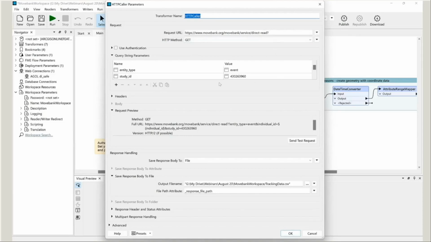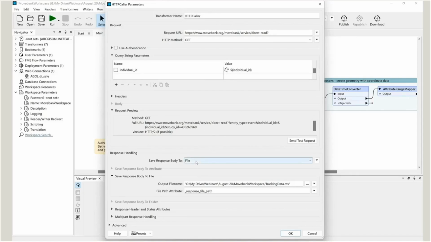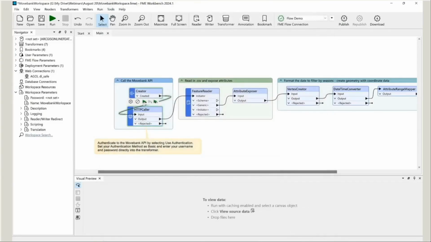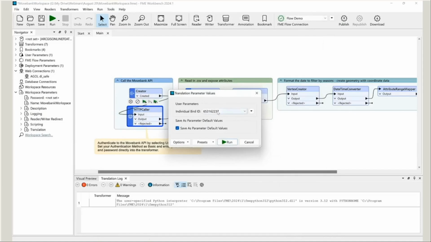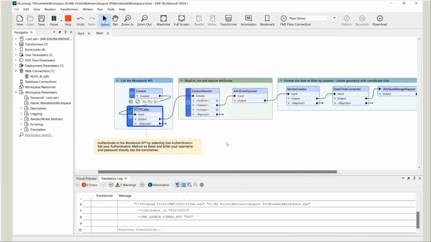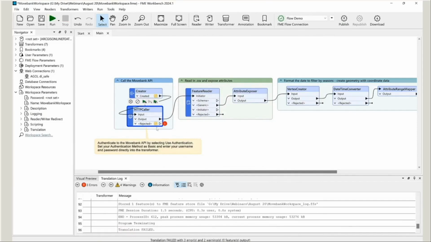I've got my request URL and the GET method, and I've also got these query parameters. So I've got the study ID that I pointed out, and I've also got the individual animal ID set up as a user parameter, so I can select different ones. We can see our preview, and I'm also going to save the response out to a file instead of parsing the JSON. So here, let's run it. I'm going to select a different bird ID,